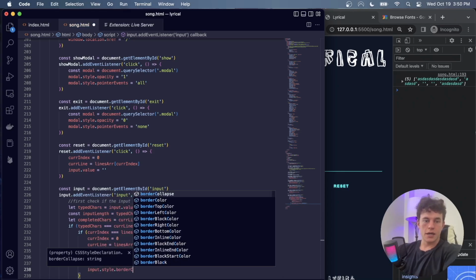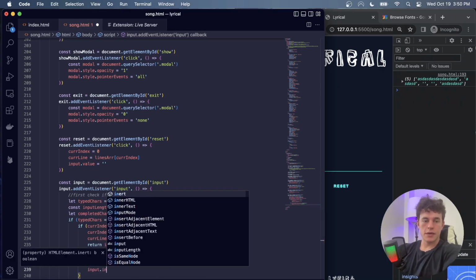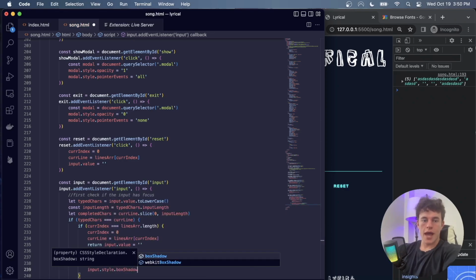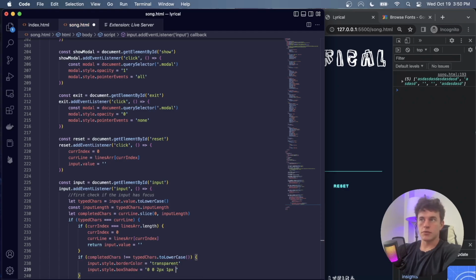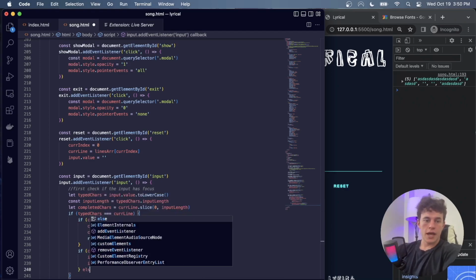And in this particular case, what we want to do is go input.style.borderColor, just like this, is equal to transparent. So we're going to change the border color, and now we want to set the input.style.boxShadow. So we're going to add a box shadow equal to 0, 0, 2 pixel spread, 1 pixel blur, hashtag E11D48. So that's going to be a reddish color, which says that they've done something wrong. And else,